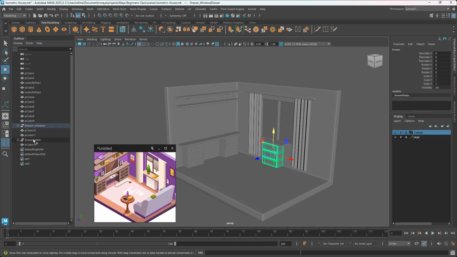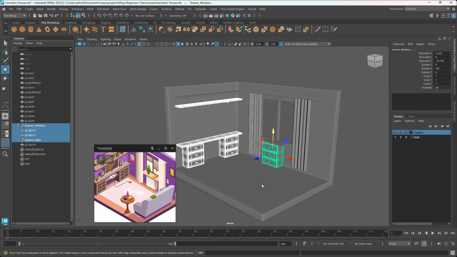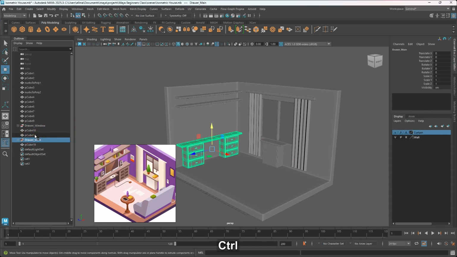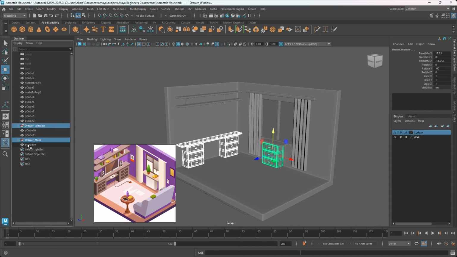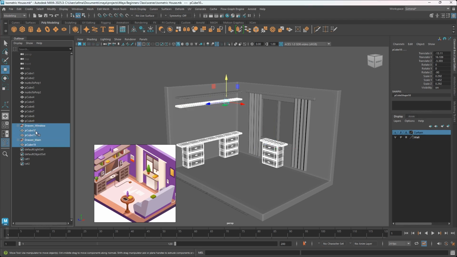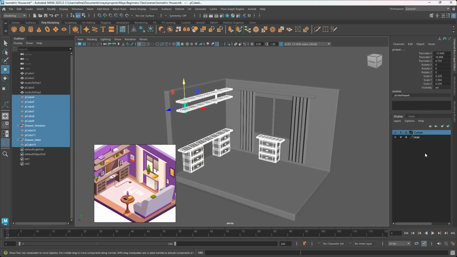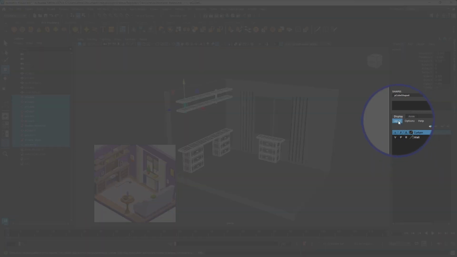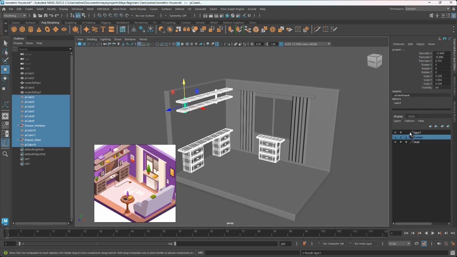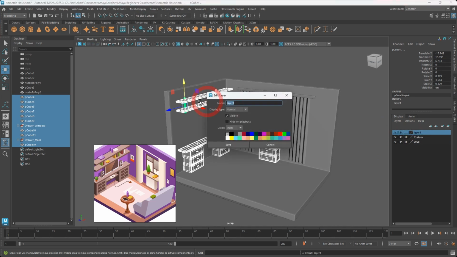You can just select the drawers and select this one and Control-select this. Those are the drawers. This is the that, and let's select this one, this, this, this, and then this, I guess. Okay, now we can come down here and create a layer from selection, and we can name this drawer of furniture,